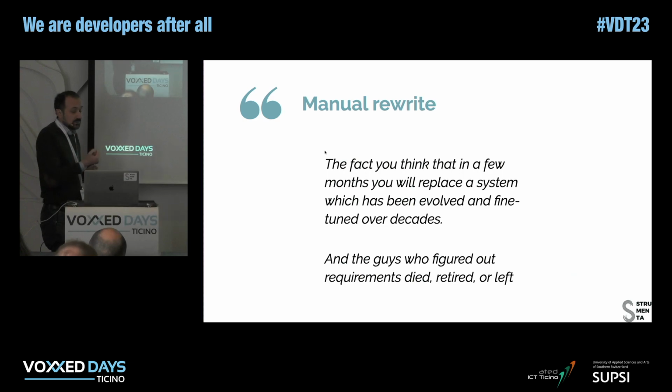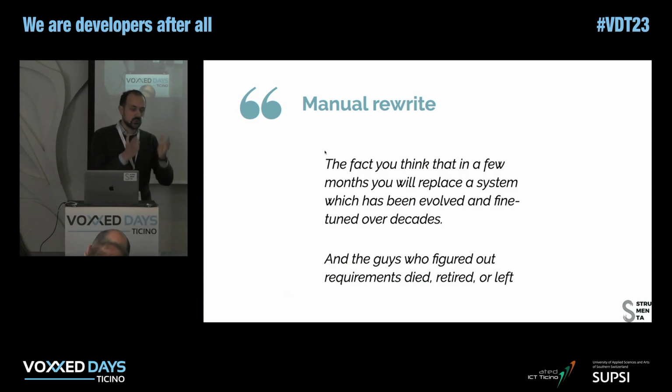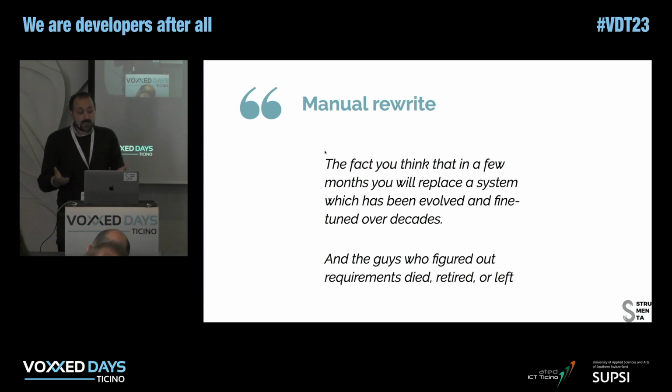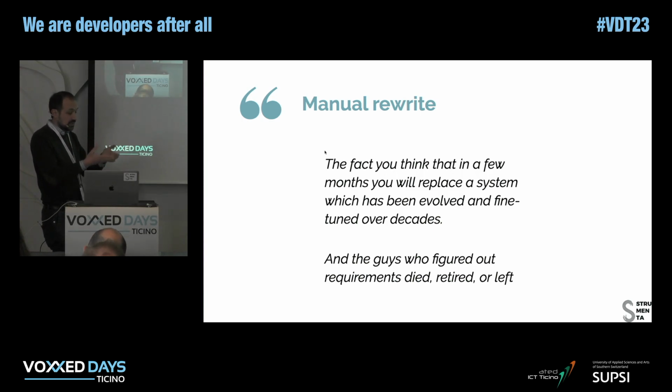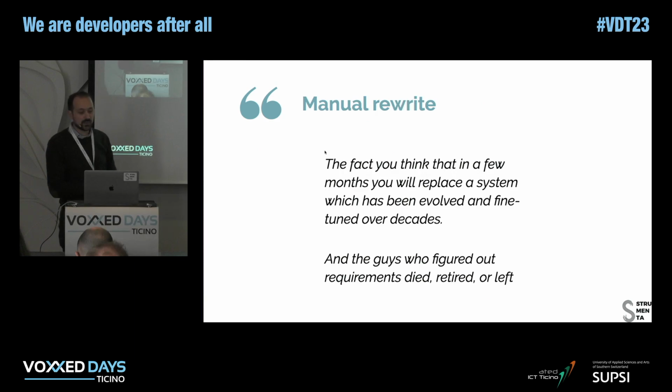Also because you typically don't have requirements. I never encountered a situation in which you want to replace an old system, someone opens the drawer and tells you, okay, these are the requirements, you just have to implement those. This is the case maybe because people didn't write requirements, or they did write requirements, but they were stored on a floppy that was lost 10 years ago. Or maybe they wrote the original requirements, they still have them, but the system evolved over time and the requirements were not updated. So you typically don't have requirements,